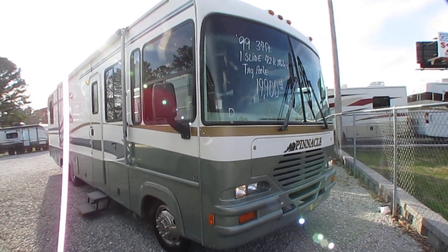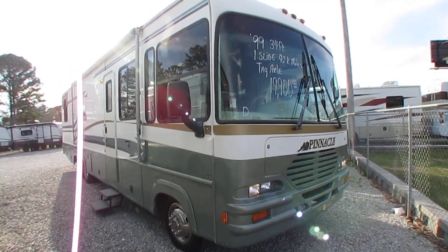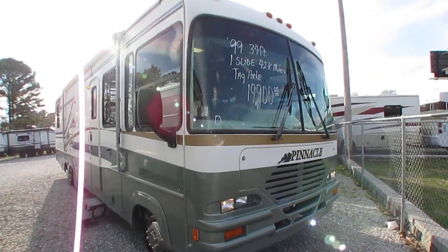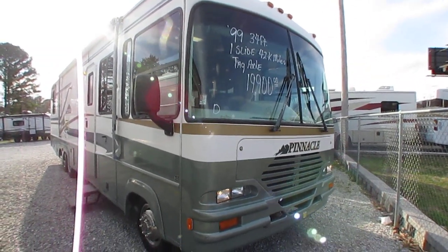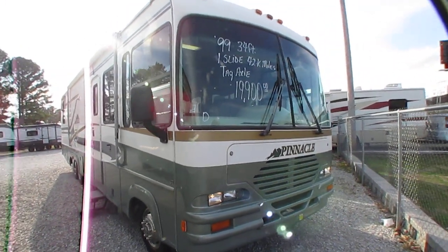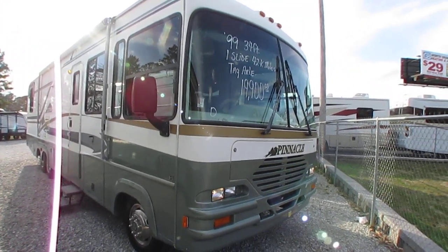Folks, I'm about to show you an incredible buy today on an exceptionally nice older motorhome. And for those of you who want a Class A and want to stay in that 20 grand and under price range, folks, this is it. This is your motorhome right here, because you're talking travel trailer price for a very nice low mileage motorhome with